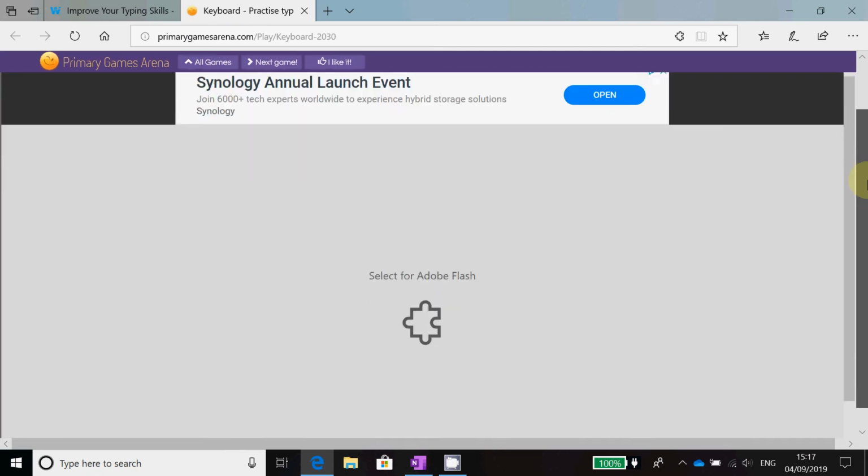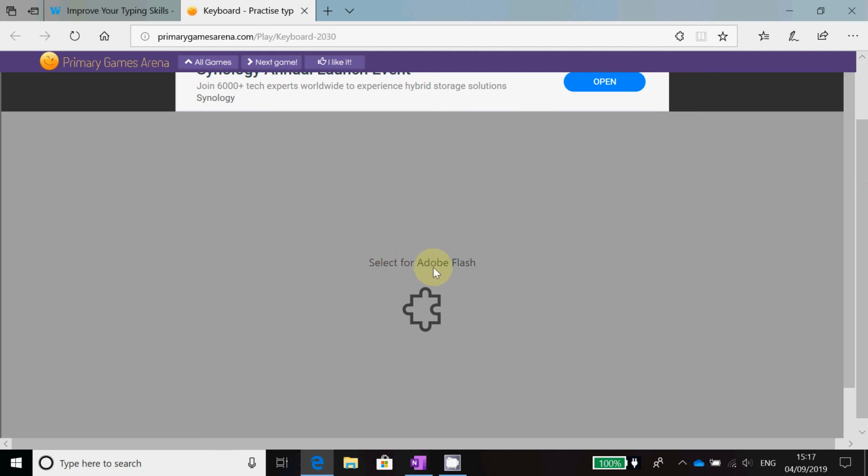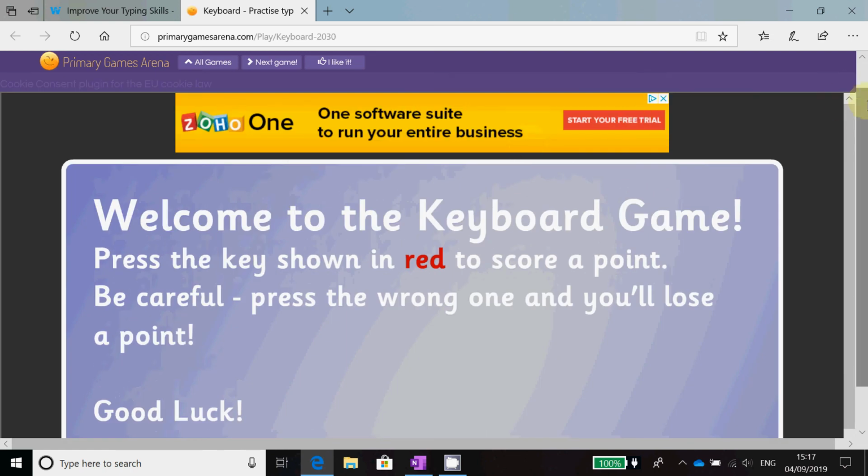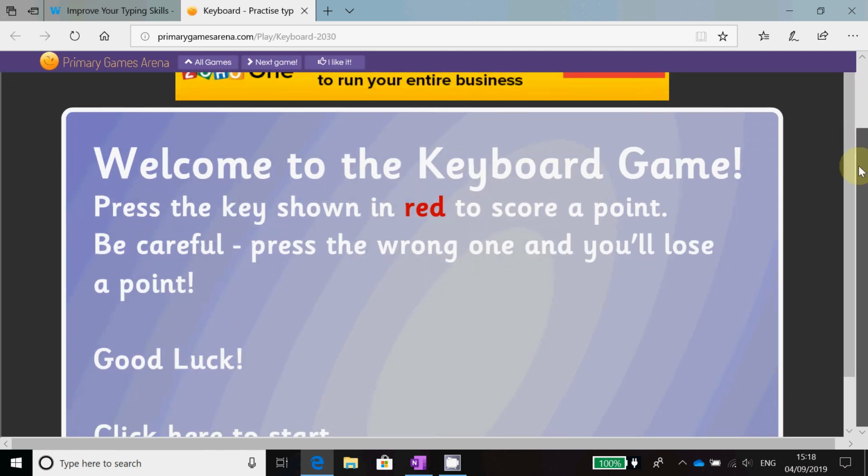It's all grey. So what it says here is select for Adobe Flash. You just have to click the jigsaw piece, and then you'll get a message like this saying that Adobe Flash content was blocked. Do you want to allow it? And we'll say allow once, so we'll allow it for our session on the computer just now. When you do that, it loads up the website, and then this is the game that I'd like you to